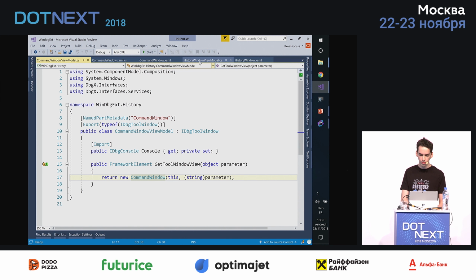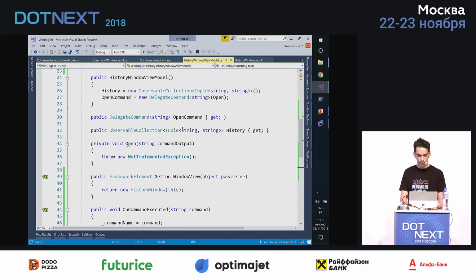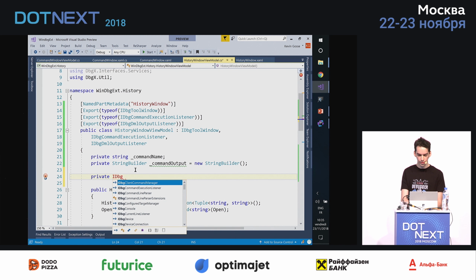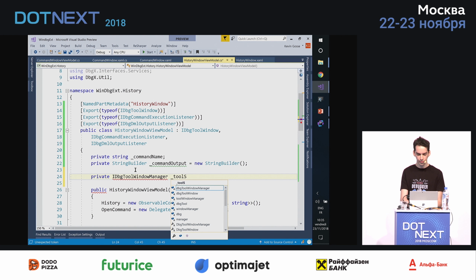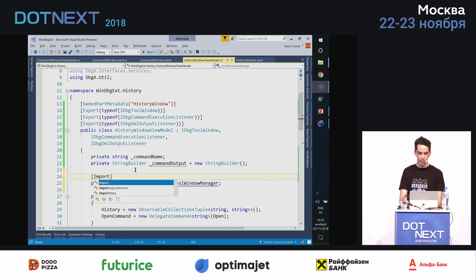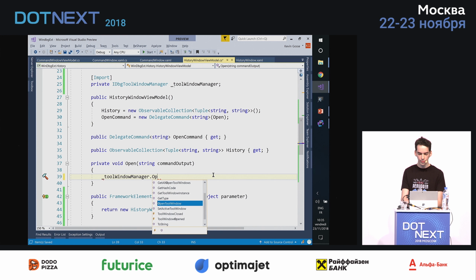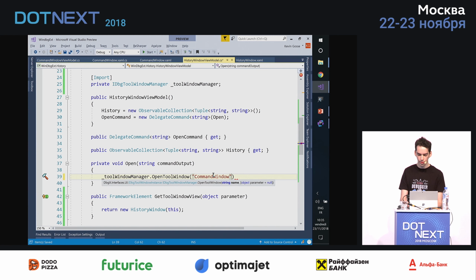So if I go back to the view model, I want to open that window. So I'm going to use again the tool window manager. I import it. And so whenever I double click on an item, I just open this window and I give it the output of my command. So if I forgot nothing,